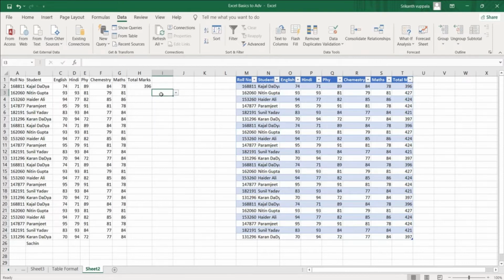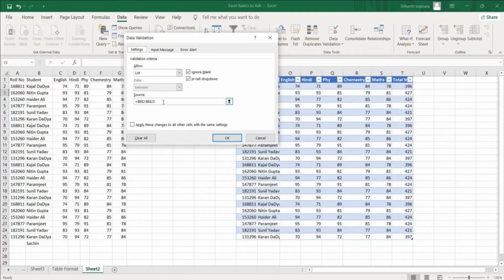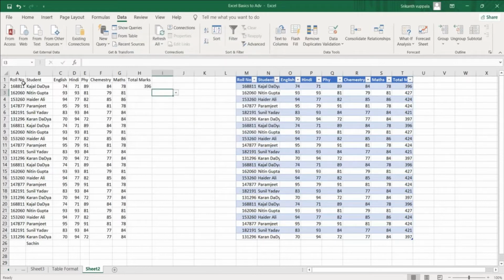I have to put the data validation again and select the range, since my data validation is only till B25, but the new name is in B26, right? So data which is not in table format will not get automatically updated in the data validation.